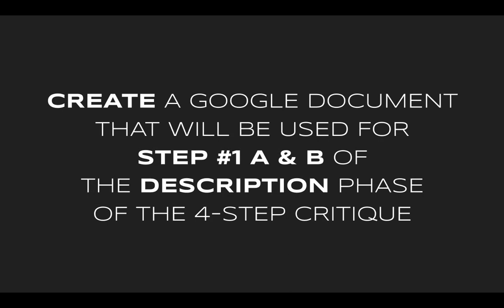Okay. So I've asked you to create a Google document. Just name it critique, 4-step critique, something like that so that you can keep track of it. You're going to be doing step 1, A and B on this document. And remember, that's called the description phase. So on the document, it would probably be helpful if you started out by saying description, step 1, and then